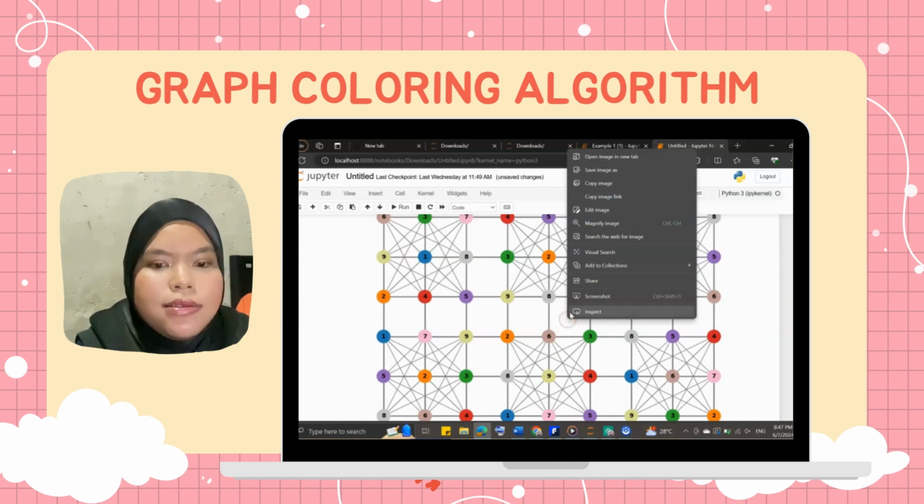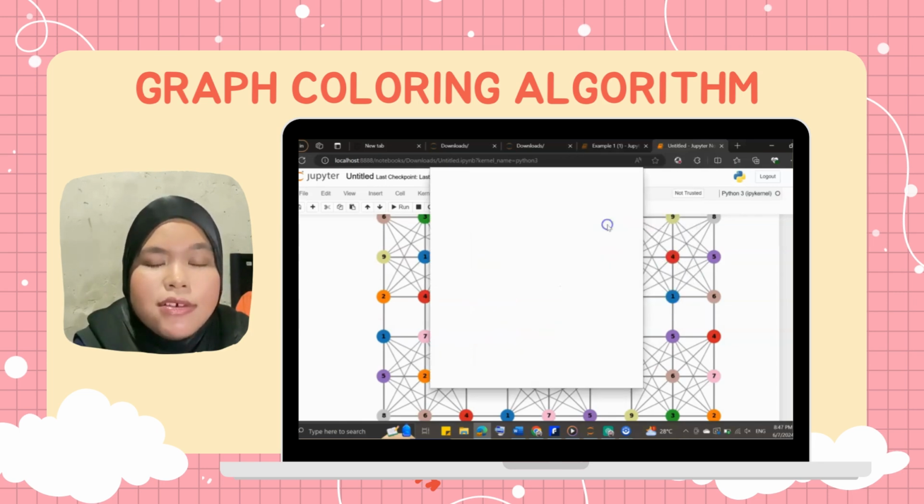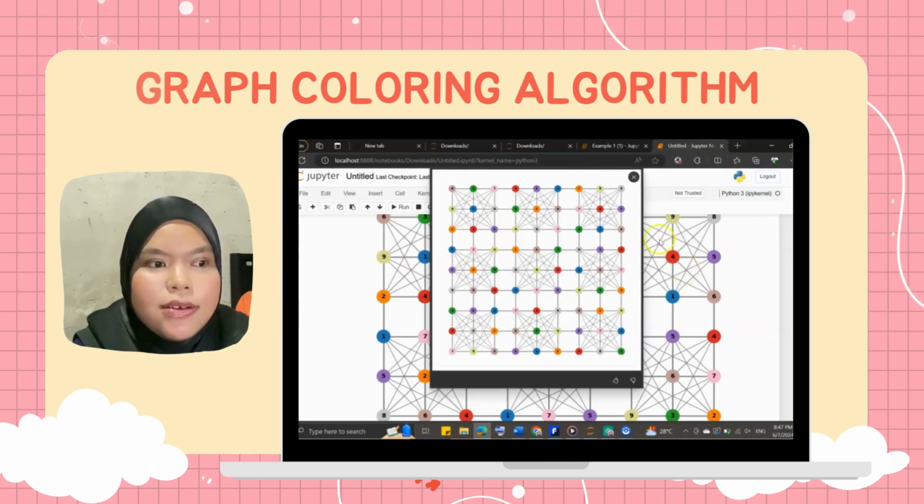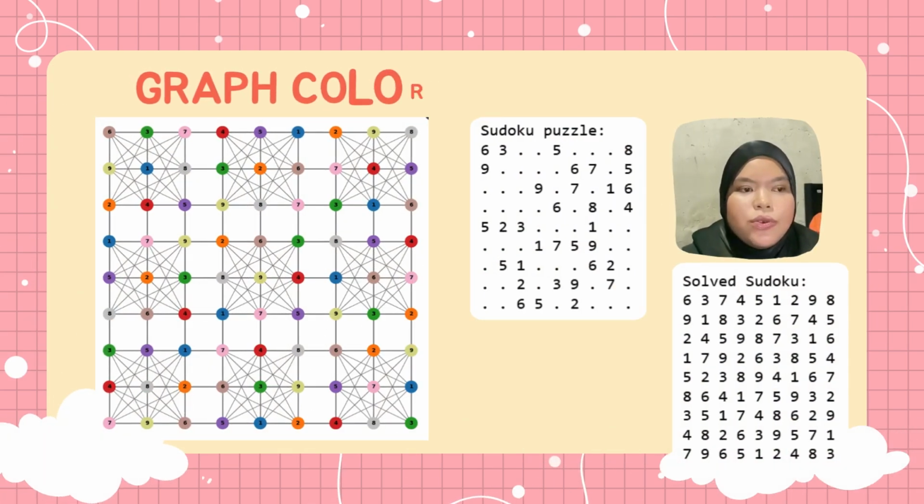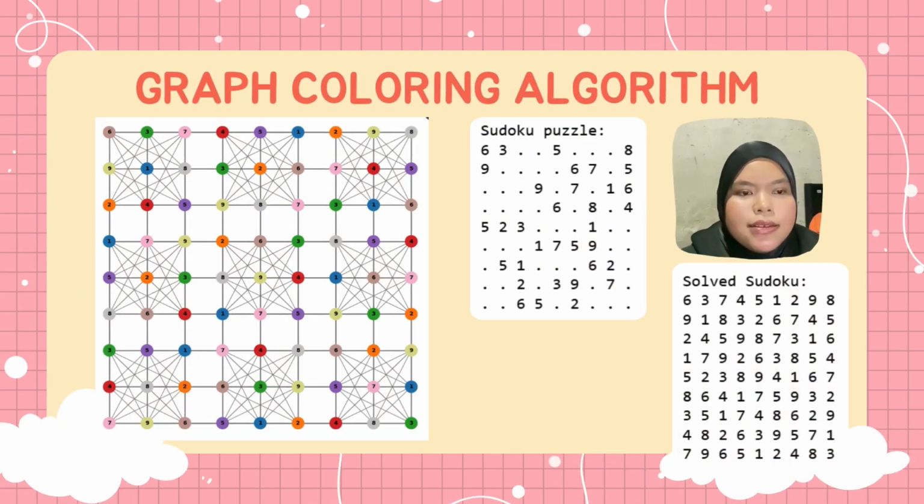Okay, next this is the video where we try to run the code. So as you can see, the code runs okay. Here we see the original Sudoku grid and the solved Sudoku grid. By applying the graph coloring and backtracking approach, we can effectively solve this puzzle. This method not only addresses all Sudoku constraints, but also demonstrates the power of graph theory in solving complex